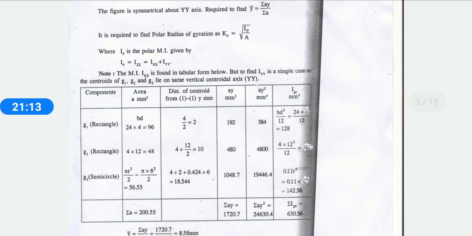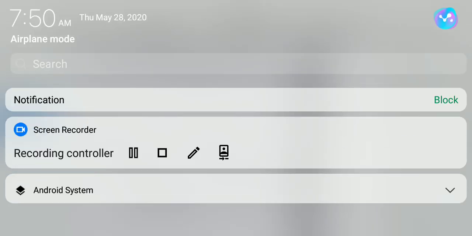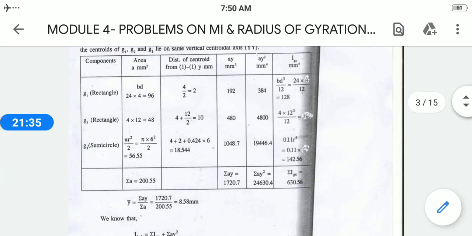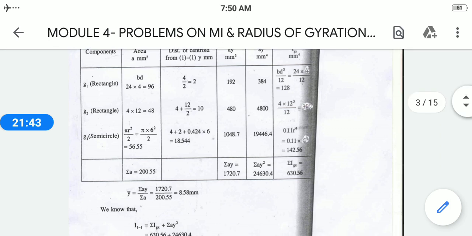So finding the y value according to the structures we had found, you can take out A y square and find what our Igx is over here. In the problems you can also calculate Igy. Since they had given the formulas, the rectangle formula is bd cube divided by 12. For the rectangle they had substituted our breadth and depth. For the semicircle the formula varies, like 0.11 into r power 4. Substitute that and get your Igx value.